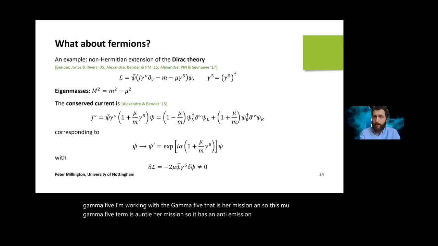But the mass eigenvalues, which are given below, go like the square of the Hermitian mass parameter m minus the square of the anti-Hermitian mass parameter, mu. And so you see that as long as the magnitude of mu is smaller than the magnitude of m, we have real squared masses and a viable theory. Now, the same subtleties of the variational procedure go through, and here I'm still going to work with the C-number fields. And we're currently putting together, Jean-Alexandre, John Ellis and I, the fermionic counterpart to our paper on how to second quantize scalar theories, and that should be out fairly soon.